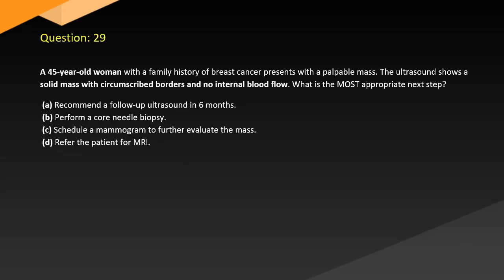Question 29. A 45-year-old woman with a family history of breast cancer presents with a palpable mass. The ultrasound shows a solid mass with circumscribed borders and no internal blood flow. What is the most appropriate next step? A. Recommend a follow-up ultrasound in 6 months. B. Perform a core needle biopsy. C. Schedule a mammogram to further evaluate the mass. D. Refer the patient for a